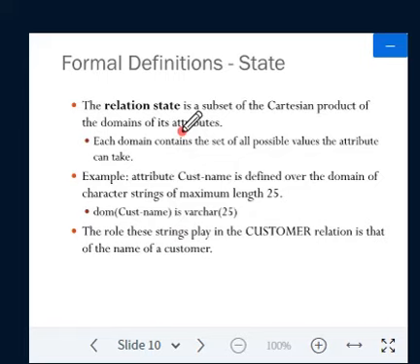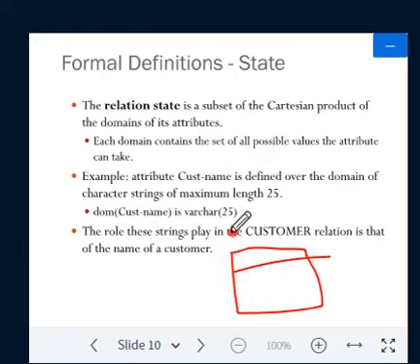So what is a relation state? Relation state is nothing but the set of rows or tuples at a particular moment in time. As I showed you the database state, a relation has a structure. The student relation has column headers, this we call the structure: student name, USN, semester.